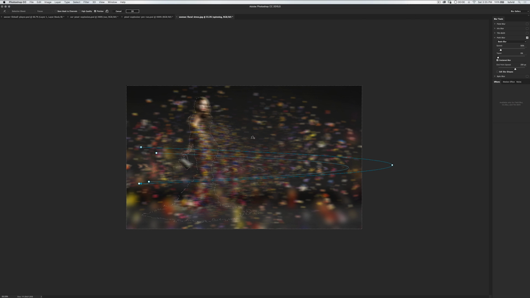We could apply another path, and by the way, it looks like it's blurring her now. It's not, don't worry. I'm going to apply a path right here, and I know this looks crazy. I'm just going to click to apply that, and then I'm going to drag this point way over here. So this is just going to pull our blur up and around, and you can click on your path, by the way, at any point and just apply another point. So I'm going to just pull this out. I'm going to pull this over,